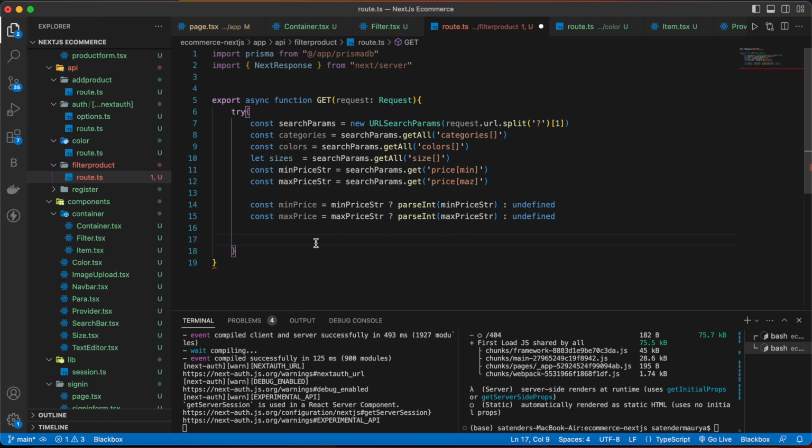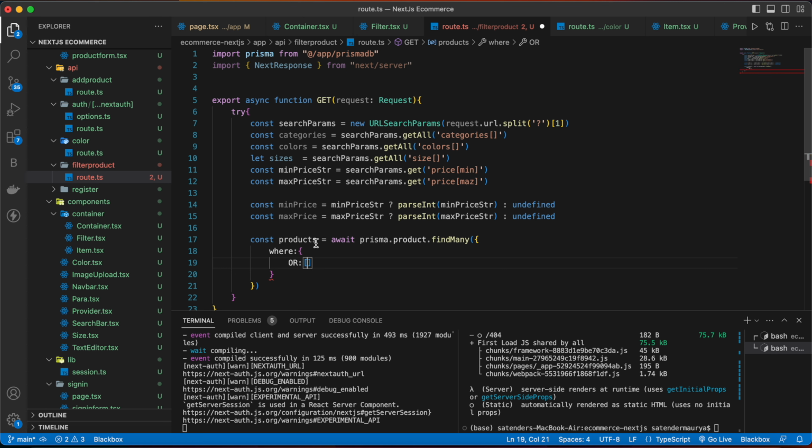Now we are going to get our products, so const products is equal to await prisma.product.findMany, and inside that we are going to give conditions where, and here we are going to use the OR operator for the filters.